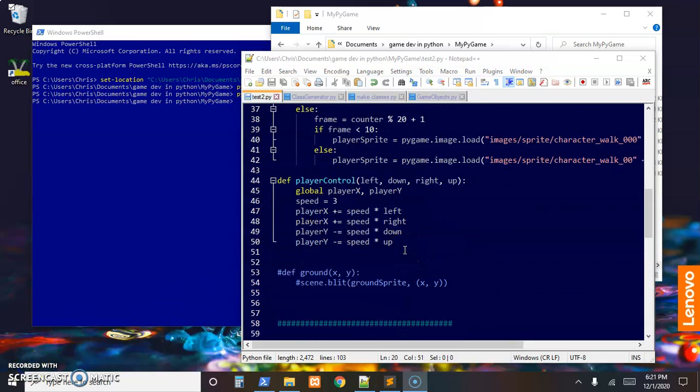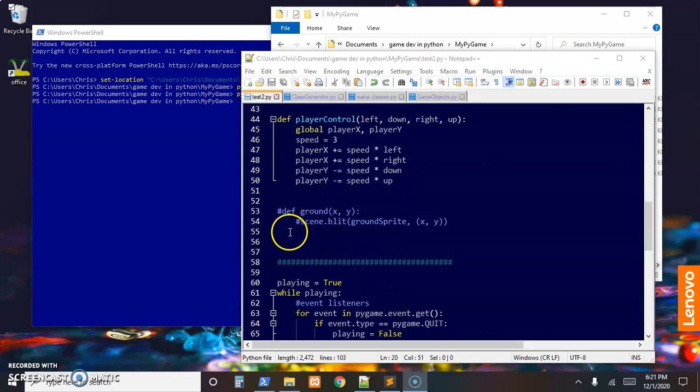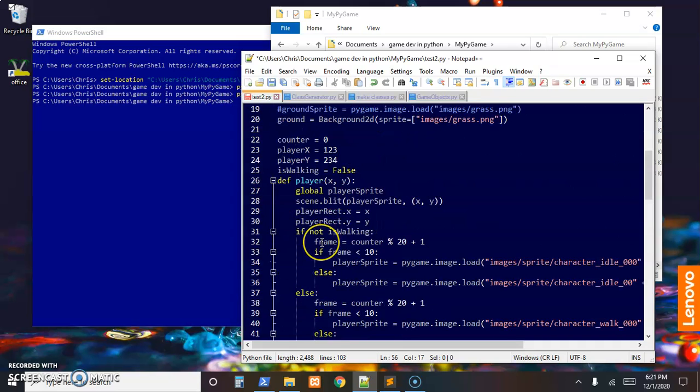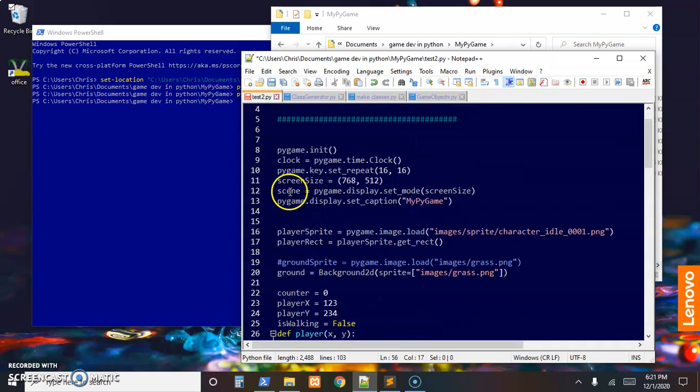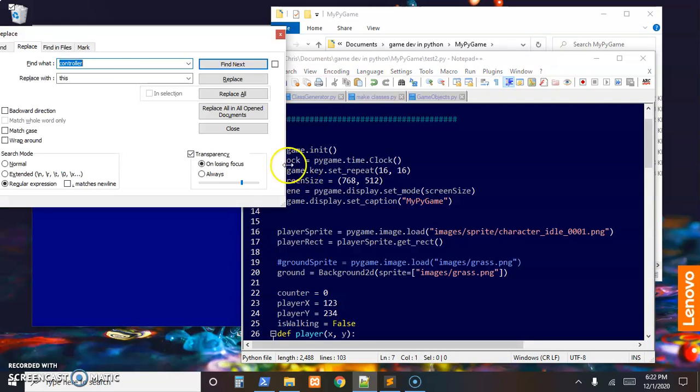Which means now, instead of calling that right here, we can just call the method from that object. Ground.layTiles, and we need to pass in our game object, which I want to rename. I'm going to do this real quick. I'm going to come up to the top, hit Control H, and look for scene, and I'm going to call it game,